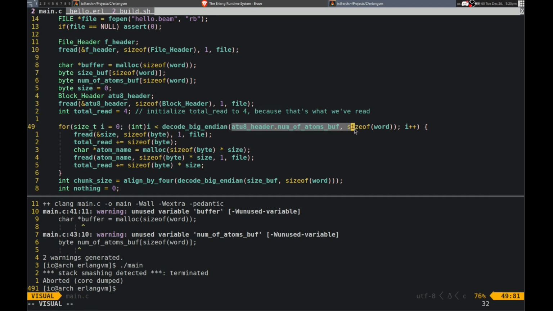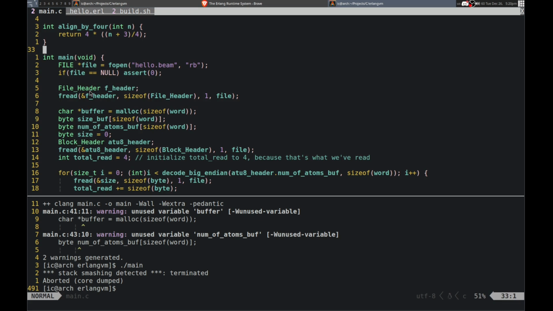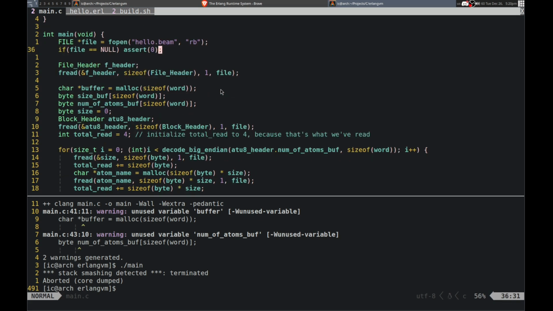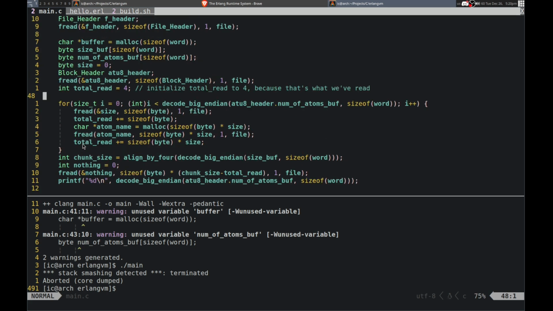Number of atoms spot. Which is this. Okay. At the end of the string. Okay, I see. Which one? Wait, which string do you mean?